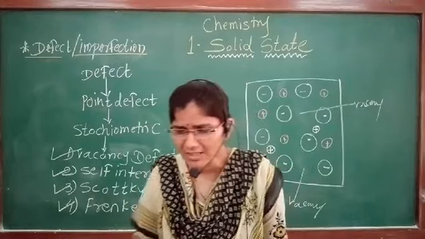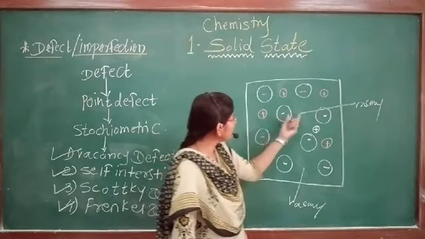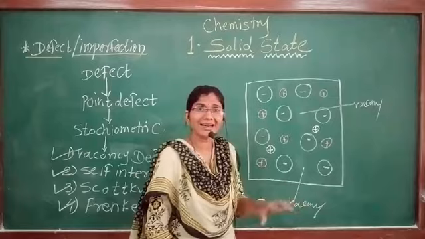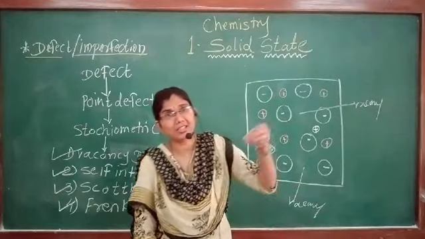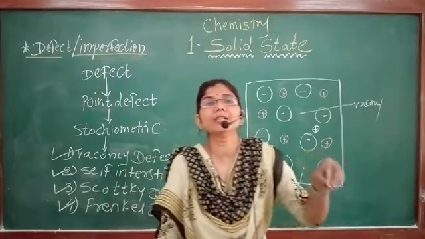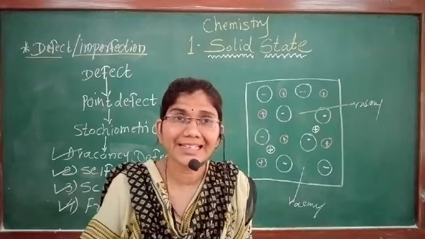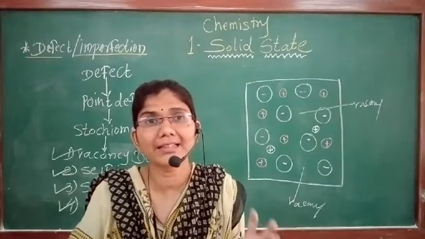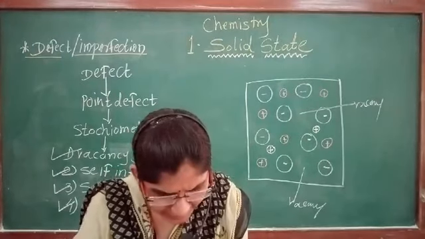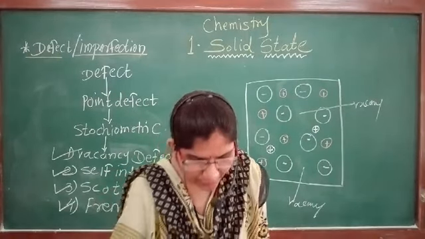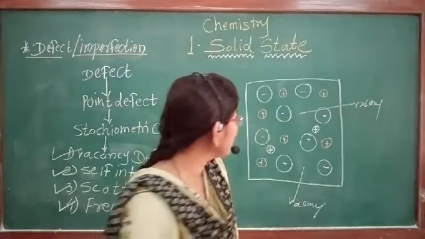Then, what are the consequences here? Due to the displacement of cations, but they are not missing, they are present in the same crystal structure in the interstitial site, the electrical neutrality of that ionic crystal structure is maintained. The electrical neutrality also gets maintained. Then the second one, as there is no ion missing from the crystal lattice as a whole, the density of the solid